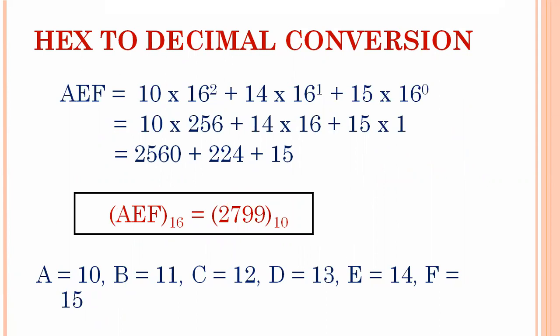Similarly, the hexadecimal to decimal conversion. So the next number is a hexadecimal number given in this form, AEF, and we have to convert it to decimal. We will not simply multiply this A with the base of the number system, 16. And one more thing, in this conversion, we will multiply by 16 raised to power n, where n is greater than or equal to 0.